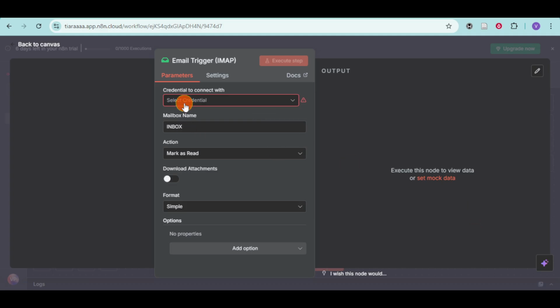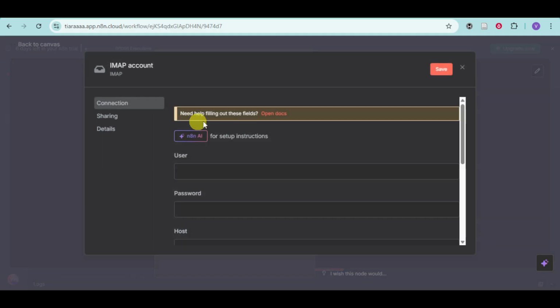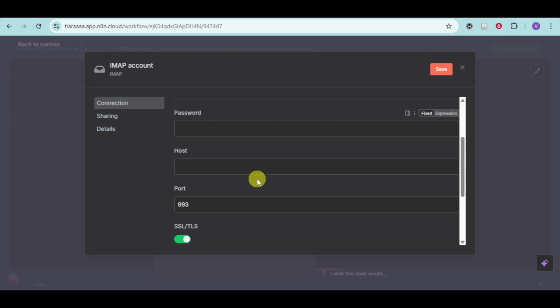From in there, click on the select credential, click on create new credential, and you can choose to do connections via these options. You can add in your username, password, host, as well as port, and enable SSL and TLS. So you can check if you're using OAuth right here and make sure that there are no typos and that you have copied the values correctly from your email provider. You can verify the correct authorization flow and ensure the correct scopes are added right here.